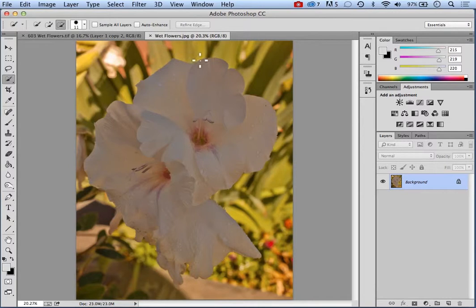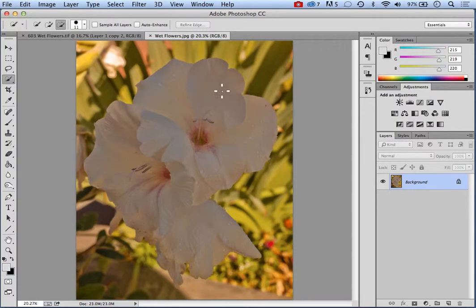It is a brush tool, and as you drag, it's going to spread out and look for the edges. It's a great tool to use with isolating flowers because you usually have a very distinctive edge that separates the flower from its background. And this is certainly the case here. Now, the reason we're looking at this is it's a good example for our adjustment layers because it looks like